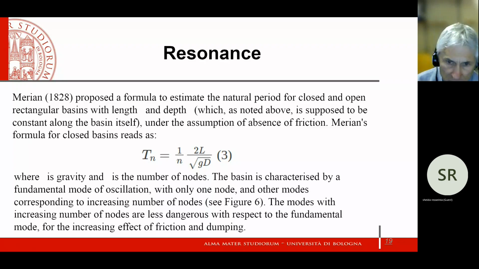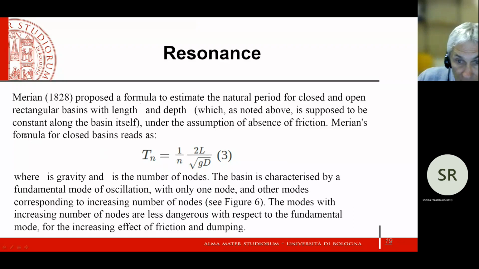I see that here symbols are missing: with length, there is a missing L, and depth, there is a missing capital D. Okay. And this depth, remember, we assumed is constant along the basin under the assumption of absence of friction. So this is the